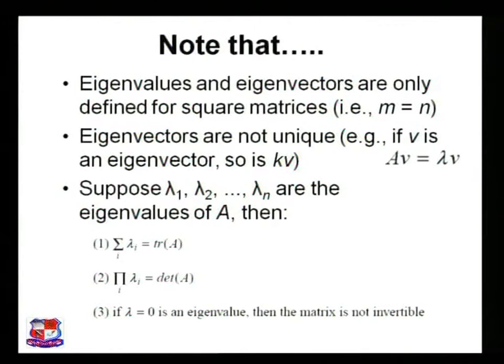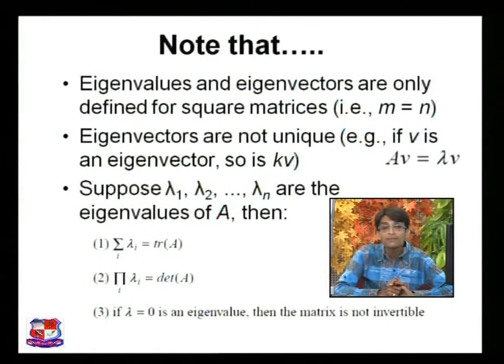Here are some results about eigenvalues and eigenvectors. Note that eigenvalues and eigenvectors are only defined for square matrices, which I have already told you at the start of this session. Second, eigenvectors are not unique. That means if V is an eigenvector, so is kV. The third thing: suppose lambda 1, lambda 2 up to lambda n are the eigenvalues of A. We all know the trace of a matrix, which is the summation of the diagonal elements. Then the summation of all eigenvalues, lambda 1 plus lambda 2 plus lambda 3 up to lambda n, is equal to